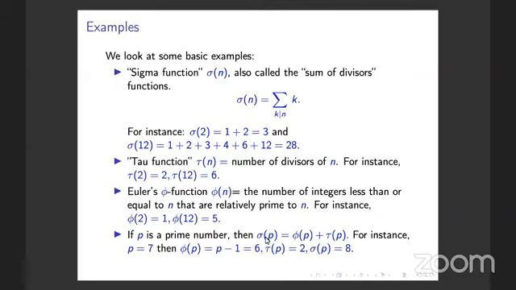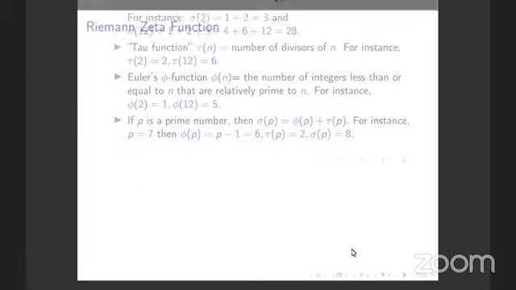And sigma, the sum of divisors function, on p: sigma of p is always equal to phi of p plus tau of p. Tau of p is the number of divisors. So the number of divisors plus the Euler phi function is sigma of p. This is something you can check. In fact, it's not difficult to prove. Let's verify this for p equals 7. Then phi of p is p minus 1, which is 6. Tau of p you can check is 2. And sigma of p is 8. So you check that 2 plus 6 is equal to 8. Okay, so these are some of the simple identities between some of the known multiplicative functions.